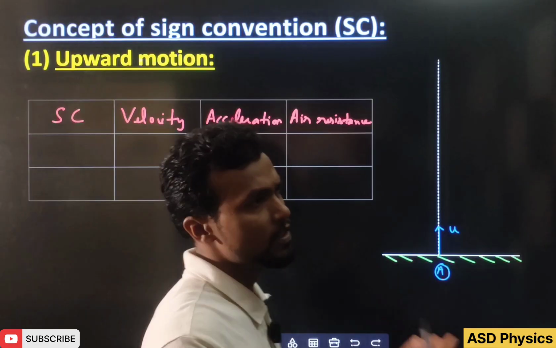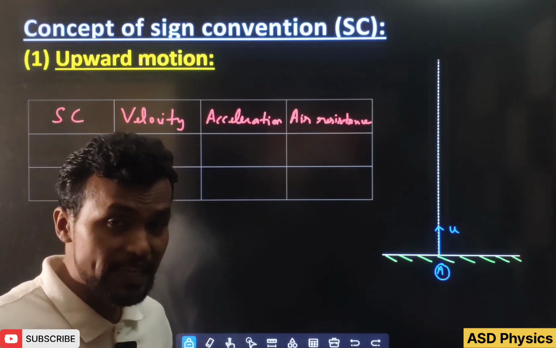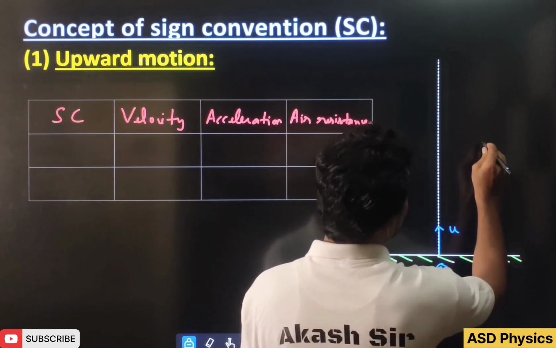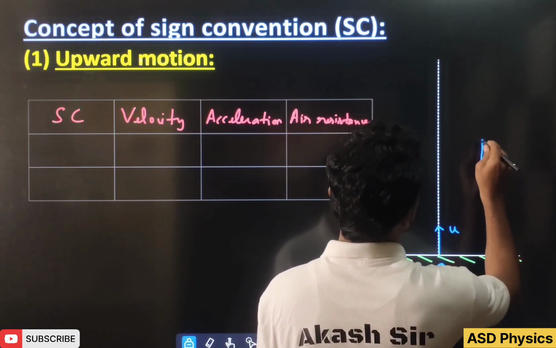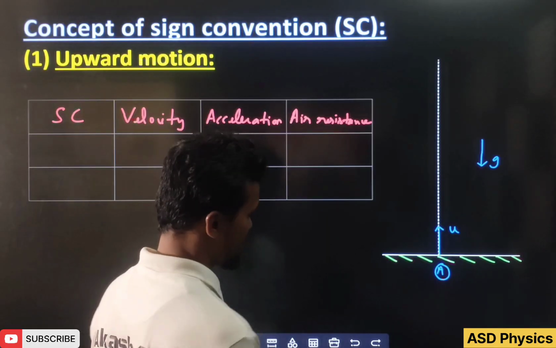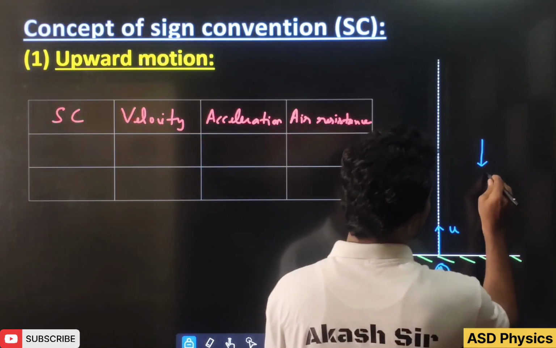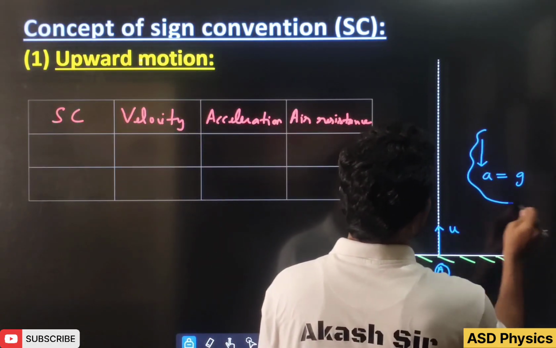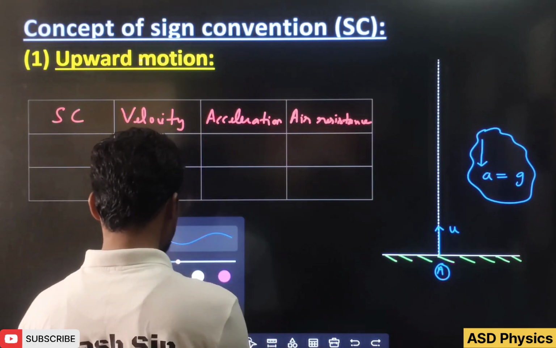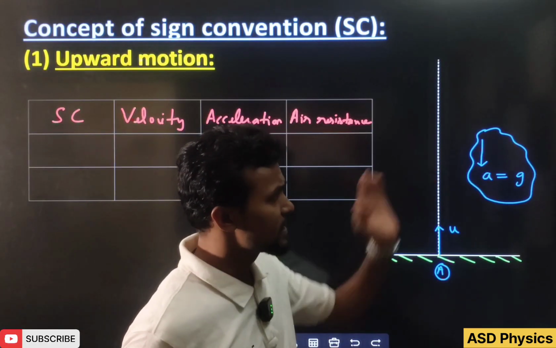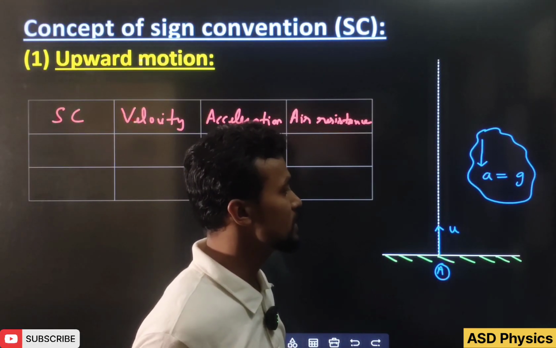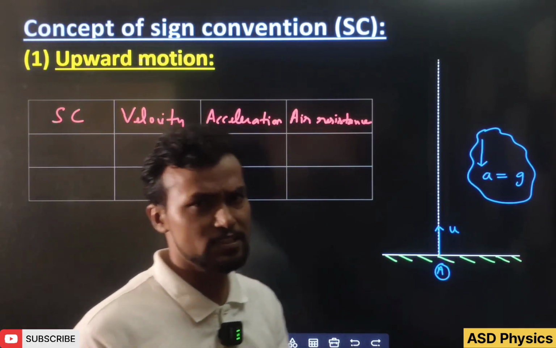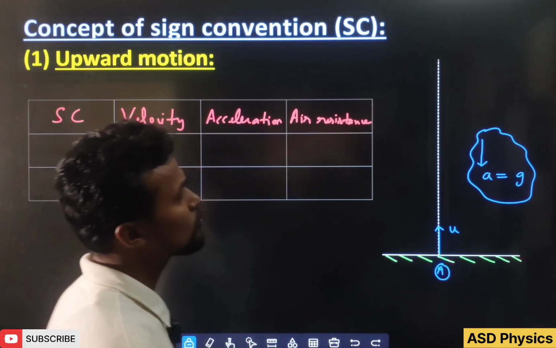So you know very well the acceleration due to gravity always acts towards the center of the earth, but here we are just showing a flat ground, not exactly the earth, so we'll just consider that the gravity is acting in the downward direction. Or I can tell here, this is a equal to g. So this is my gravity. Now after that you know very well velocity is upward, gravity is downward. That means in this situation velocity and acceleration are in opposite directions, that means anyhow velocity will decrease. All these things we will see later, but now we are going to see the sign